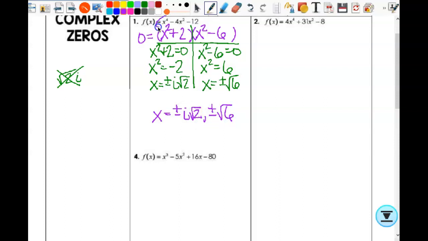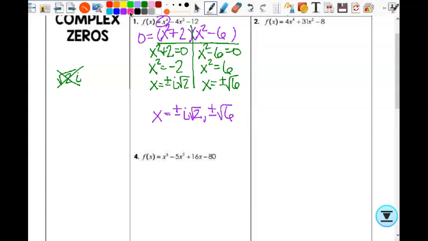This is a fourth degree polynomial. I have 4 roots, 4 zeros, 4 solutions. 2 of them are imaginary, 2 of them are real, all of them are irrational. Okay, we good? All right, let's look at